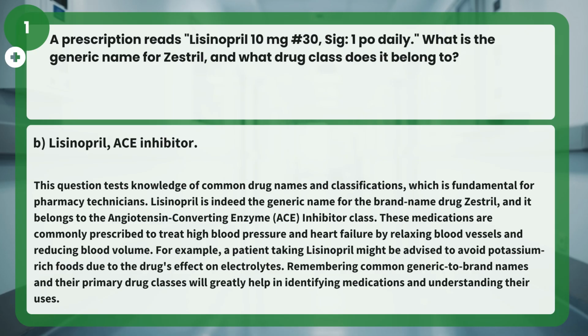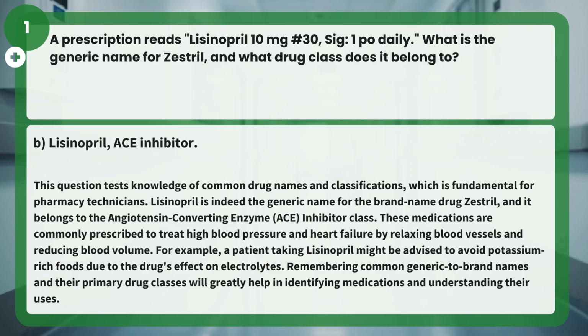reducing blood volume. For example, a patient taking lisinopril might be advised to avoid potassium-rich foods due to the drug's effect on electrolytes. Remembering common generic-to-brand names and their primary drug classes will greatly help in identifying medications and understanding